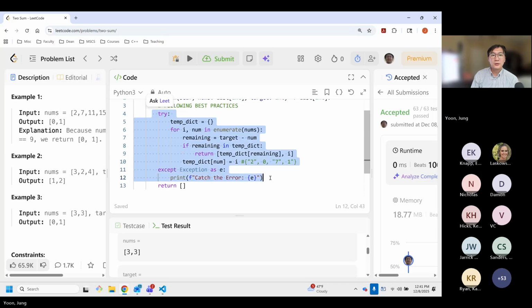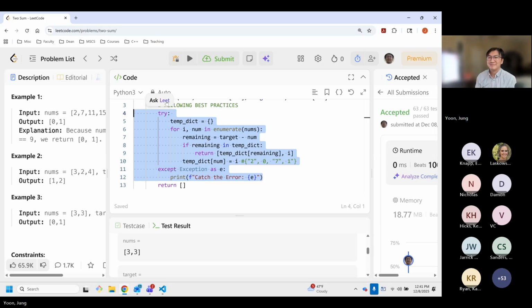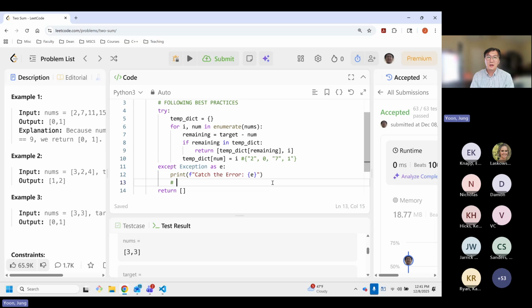But to be honest, does a LeetCode practice problem need this level of thoroughness? No. But during an interview, this shows that you care about the little nuances, that you care about the robustness of your code, and you want to make sure that if a runtime error occurs, it doesn't break the rest of your code and it simply catches the error, and then you can maybe write a logger and all these other things. Are we cool with that?